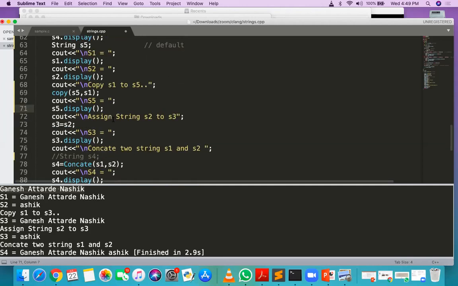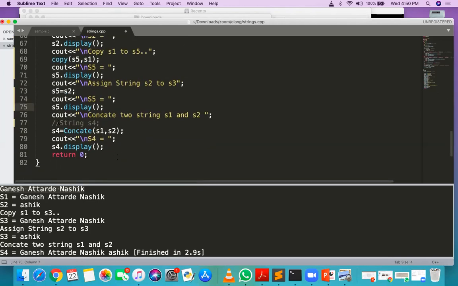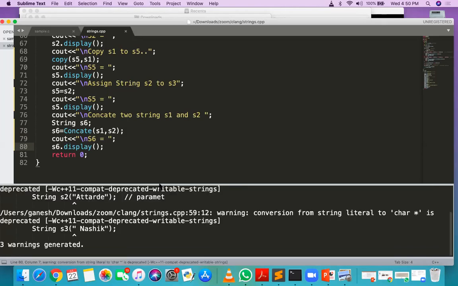Now S5 is equal to S3, and here S5. Now concatenate. We need a new object here, S6, with S1 and S2. Now S1 is Ganesh, S2 is Attarde, and here S6 dot display. Now you will have the correct output.